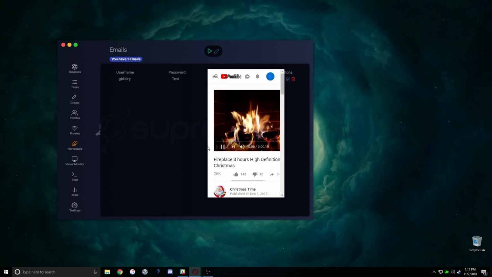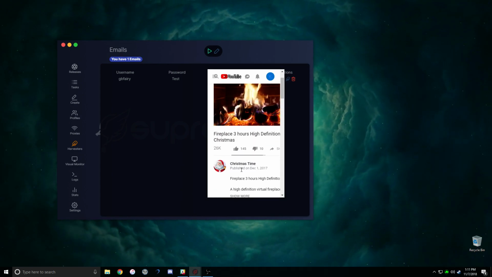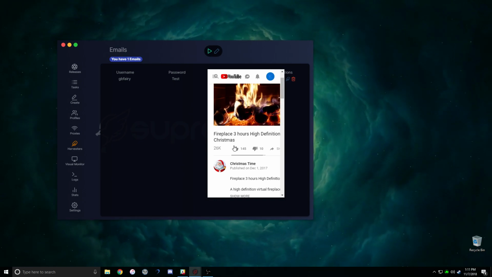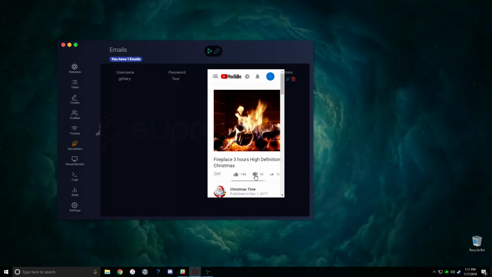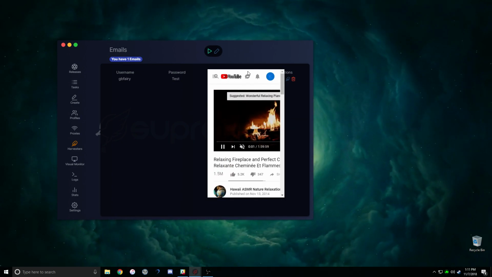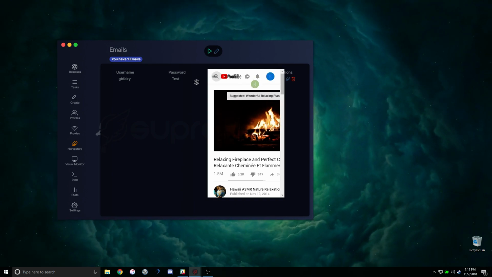It automatically takes you to this fireplace video. I recommend doing this probably 30 minutes before the drop. Have a video just playing, muted, 30 minutes before the drop to set up your account. Do actions around YouTube like dislike videos, probably switch to another video. And then I'd say probably like 5 minutes before the drop, just